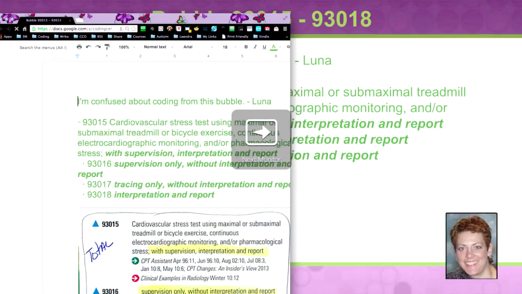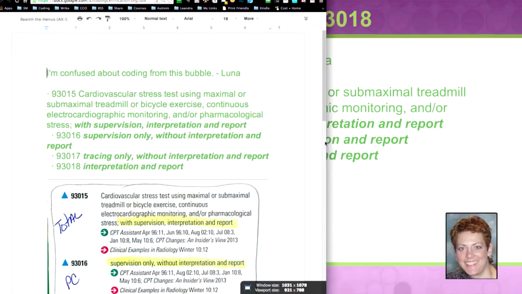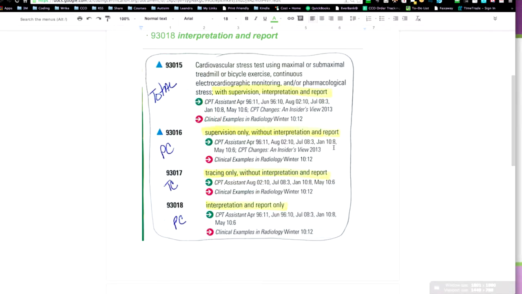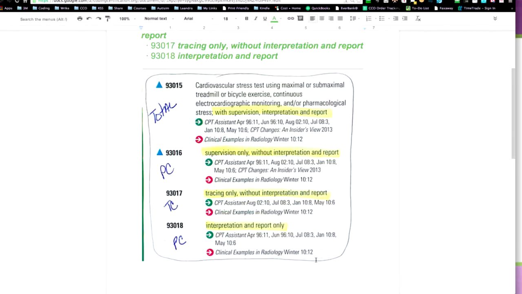All right. So here it is, taken from SuperCoder or from the CPT manual, and here it is an actual image from my CPT manual. This is how I bubble and highlight things, so I can see things in context and make notes and all that good stuff. So here's a semicolon. With supervision, interpretation, and report, that makes this what we call a total code, because normally when equipment is involved, like radiology equipment, or in this case, this cardiovascular stress testing equipment,